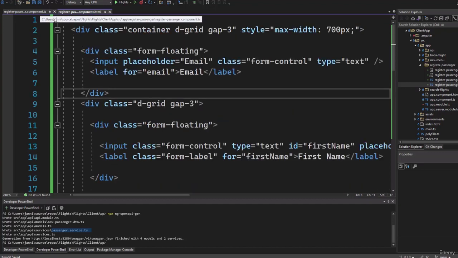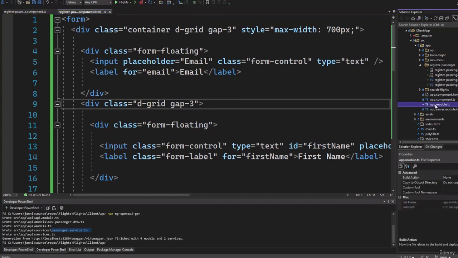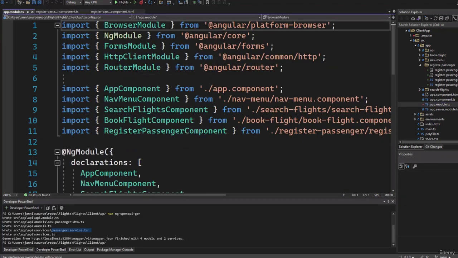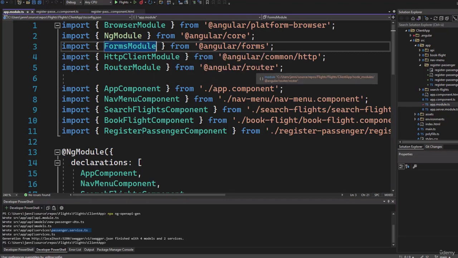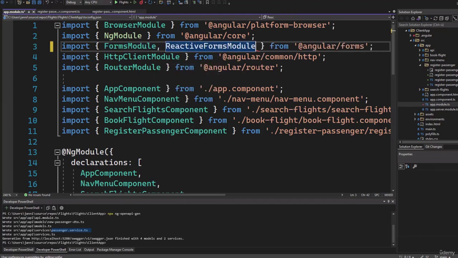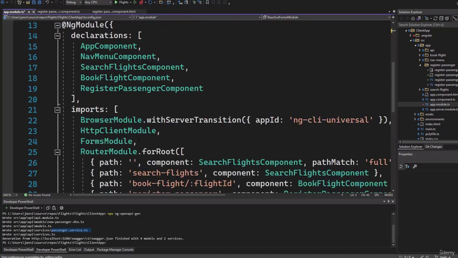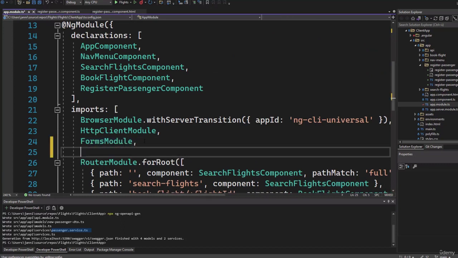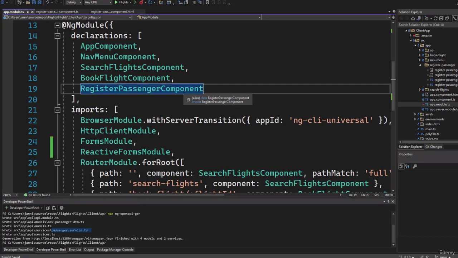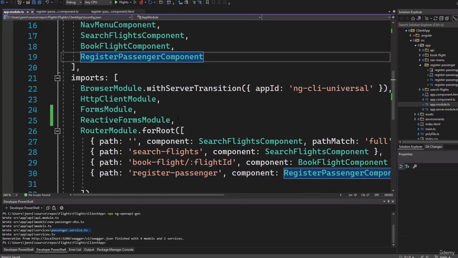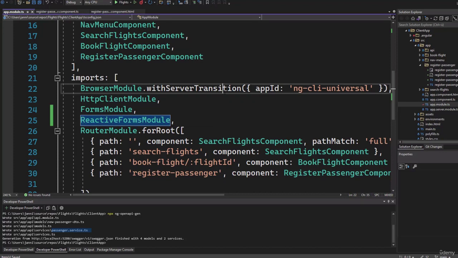If we now want to use the information of the form, we have to use a reactive forms module. So now go to your app.module.ts right here. You can see the forms module, right? And we now make use of the reactive forms module. So add it here in the import statement, then scroll down. Here in the imports, you can see forms module, add the reactive forms module. So this is sort of preparing everything for dependency injection. So now we can use reactive forms inside of our Angular